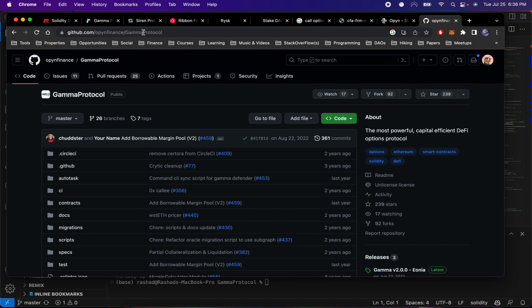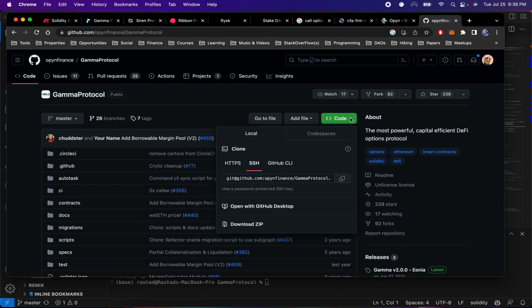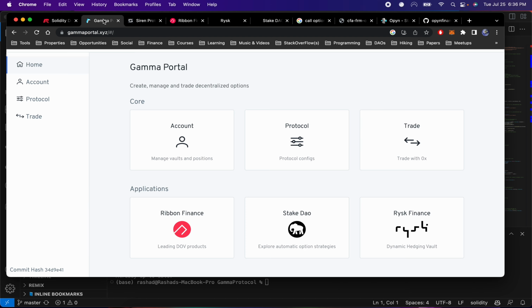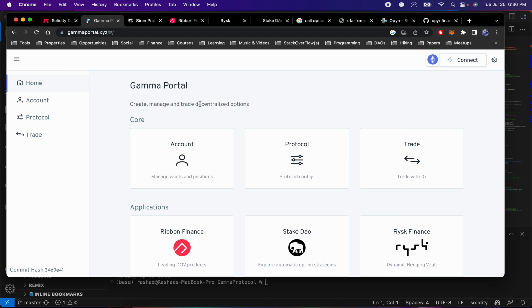The link to Gamma Protocol can be found right here, OPYN Finance /Gamma Protocol. The link is also available in the HackMD as well. You can just go ahead and clone that down. For those who are not familiar, you just grab this little SSH link, use git clone and copy that link. You can make a folder locally if you'd like to follow along. So we can talk a little bit about what Gamma Protocol is, but I think